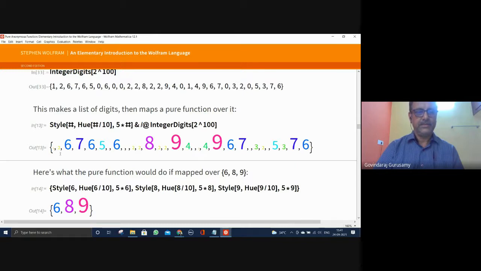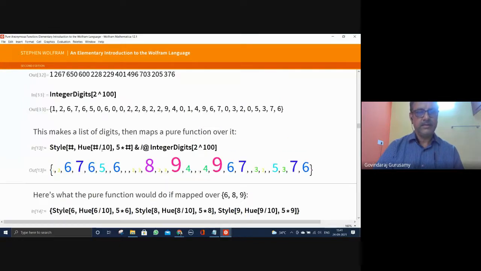You see the numbers 1 to 6, then 7, 6, 5, then 6, 5, 7 upwards. For 0, zeros are left without anything, whereas 2 is available. For 0 you don't have anything. Correct? Are you able to follow that?